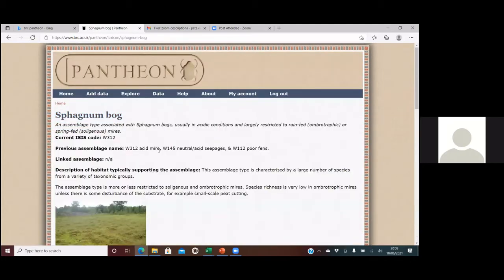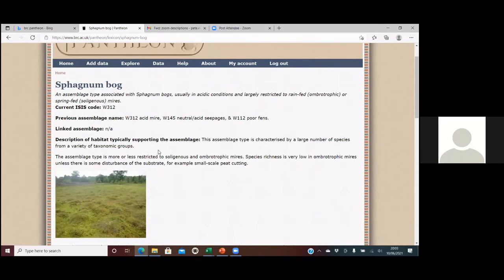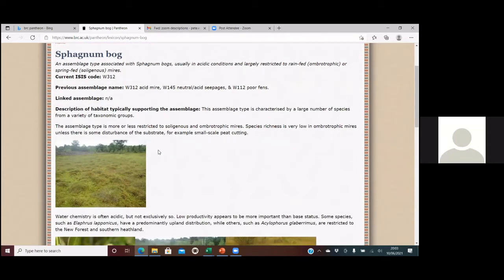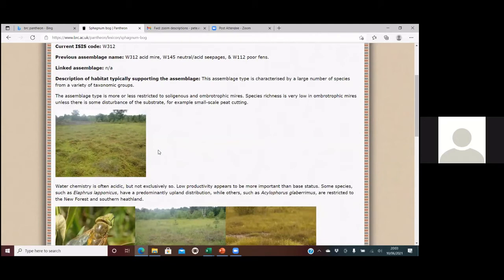And so we click on Sphagnum, and it takes us to another page where we can learn a little bit more about the Sphagnum Bog assemblage. So it says an assemblage type associated with Sphagnum bogs, usually in acidic conditions and largely restricted to rain-fed or spring-fed mires. Gives those previous names again. And then it starts to tell us a little bit about the assemblage,